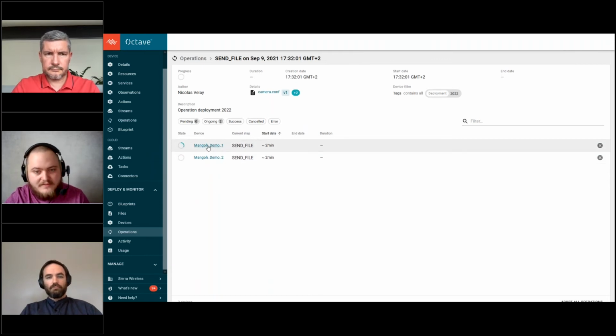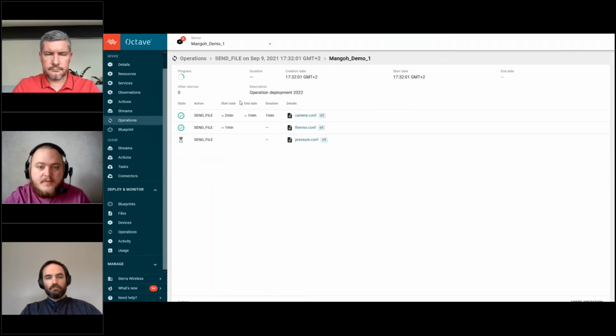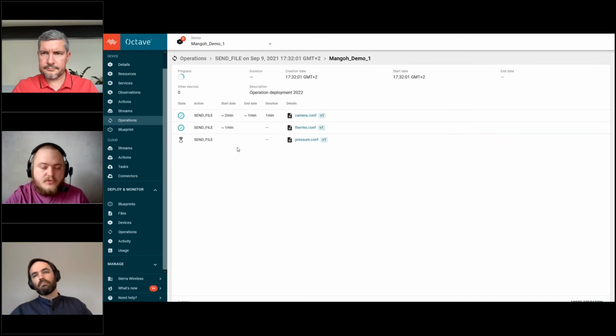So, well, I will actually have a look at this device. And okay, so I can see that I have 2 finished steps. And each step concerns, in my case, 1 file. And well, the third one should be started soon. And this is where you will see the errors if you want to monitor what is happening on your